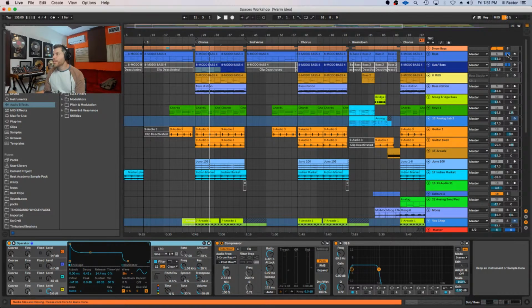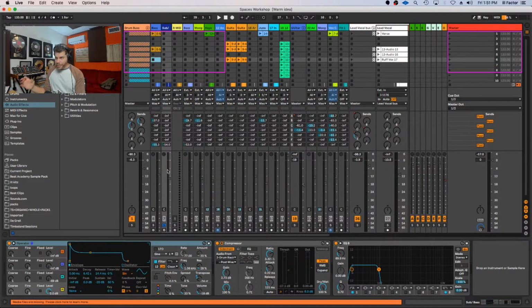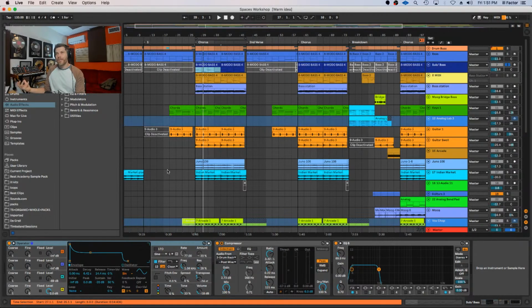So here is the sub bass. You should probably use headphones if you're listening on a laptop. Yeah, and that's just sub frequency. I'm not boosting it either. It's just there so that it creates the feel and the heaviness when the chorus drops.